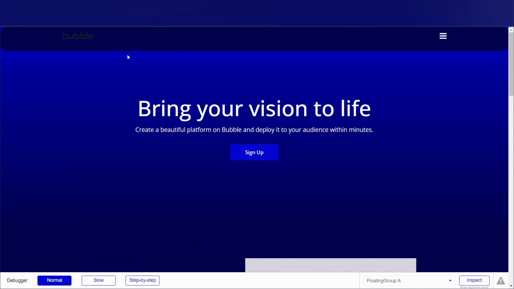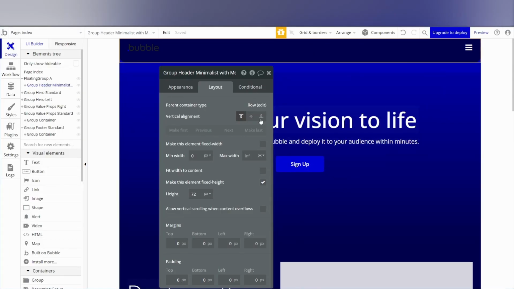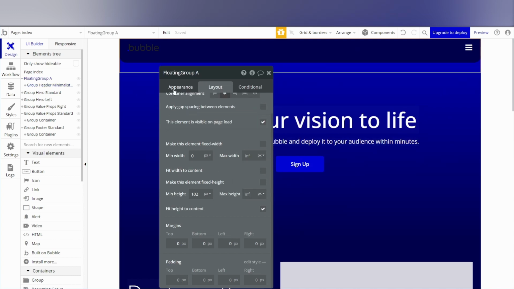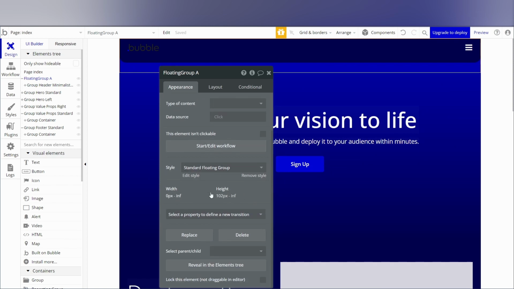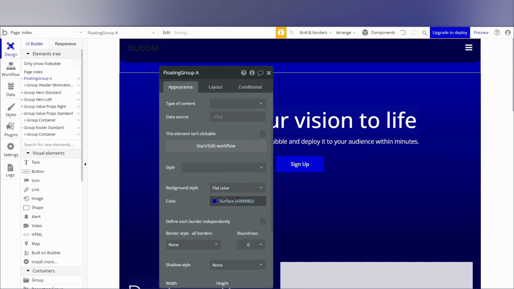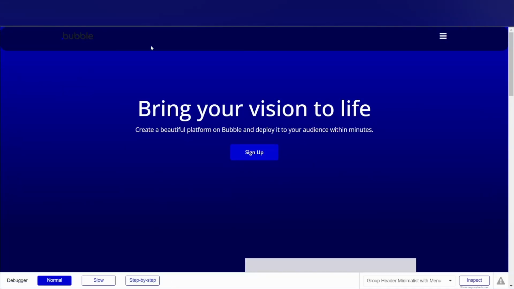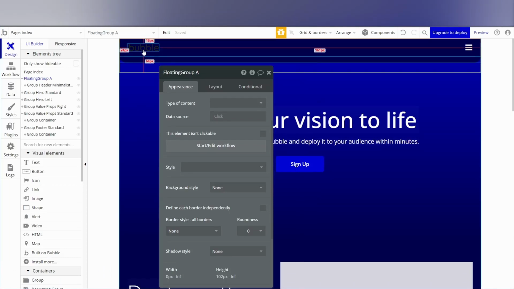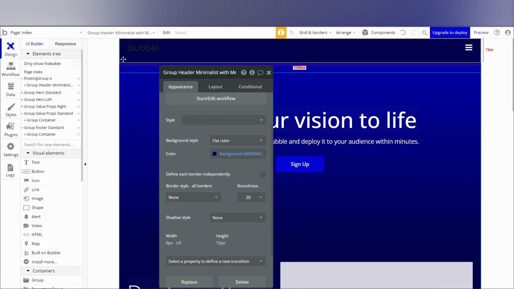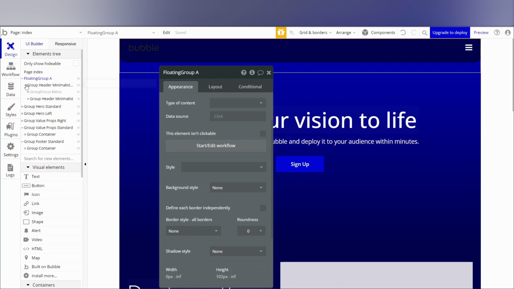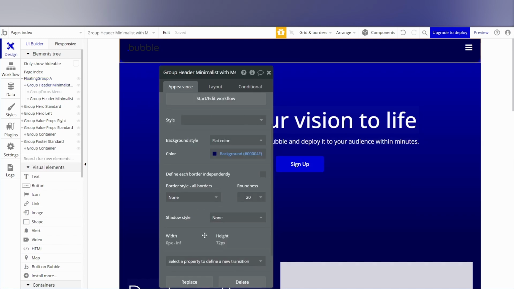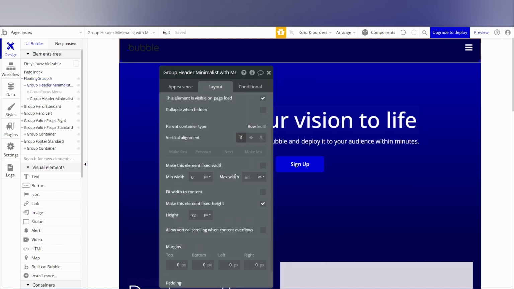So it kind of looks okay, but we can make it better. First, get rid of this color. You should have none. Remove style, none, and then look at it. So it fades in, and then make this max width 1200,